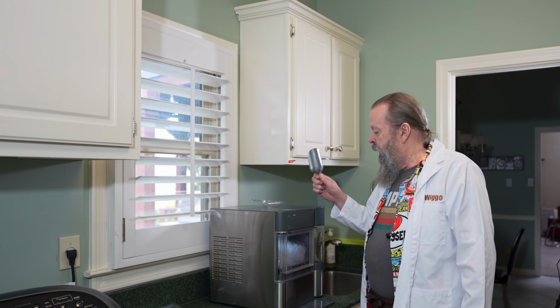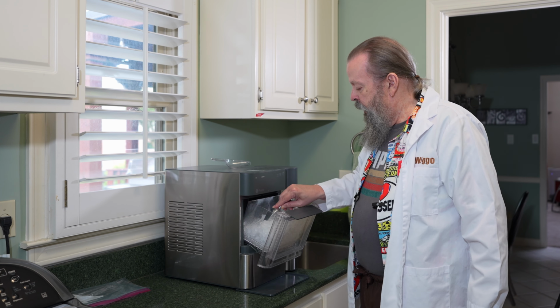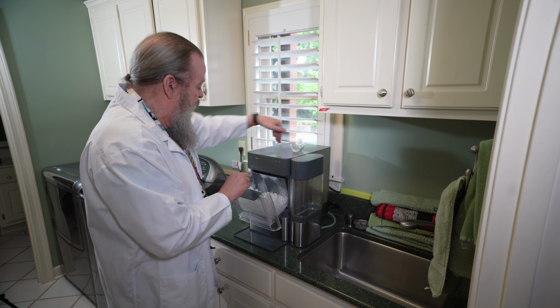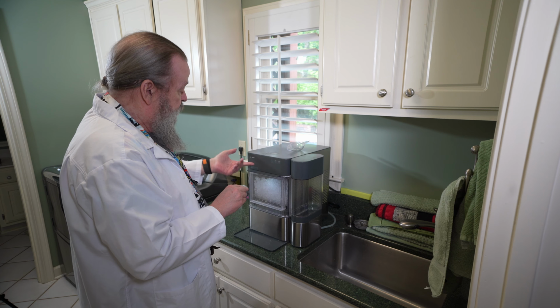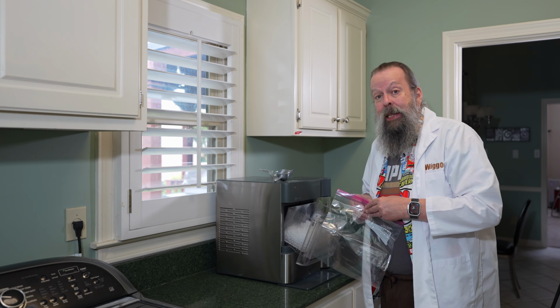I will give you some tips. First tip is when you get ice out, push the ice to the front because the ice falls in the back into this thing. So if you push the ice to the front, then more ice can fill in. See, now it's making ice again, even though it's out of water. I'm going to take all the ice out